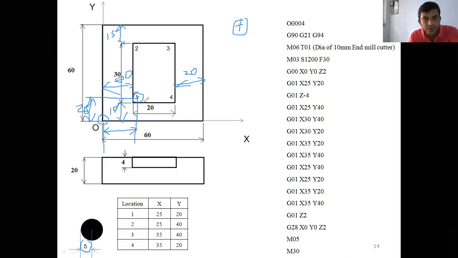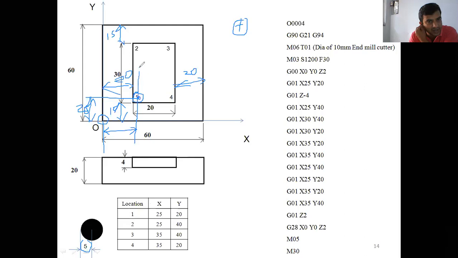Now what is the first location here? Here I directly move the cutter from the horizon to inside of the workpiece. I want to move the cutter from the horizon to the first location. What is the x coordinate for the first location? Okay, 20 comma 15, but I want to consider the radius of the cutter now, because I want to dig this one. That is how you get the first location x25, y20. Now how do you move the cutter?